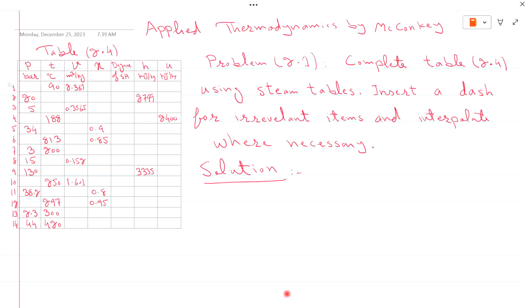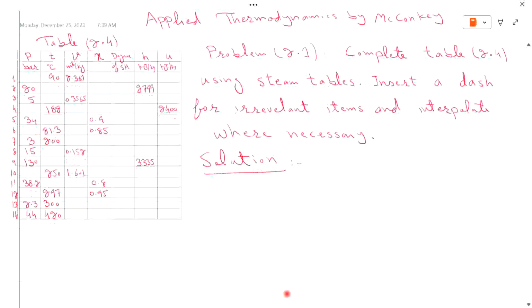If we solve this table successfully, then we can easily cover all the problems of this chapter, because there are all concepts related to this chapter. So insert a dash for irrelevant items and interpolate where necessary. So first we start